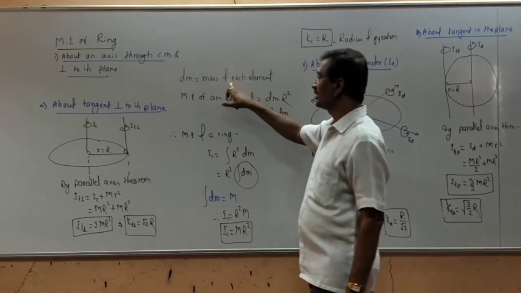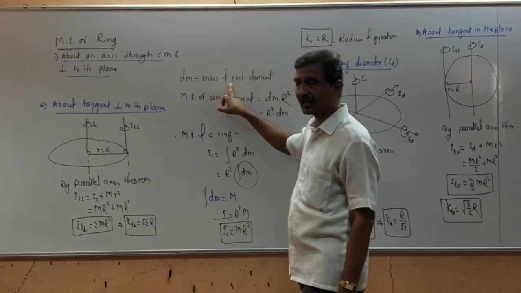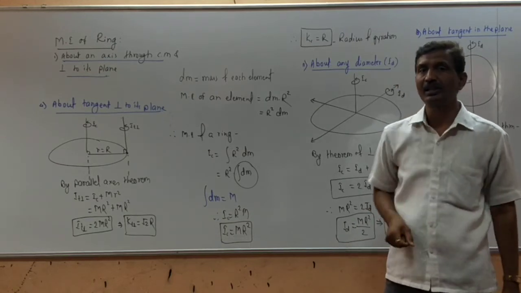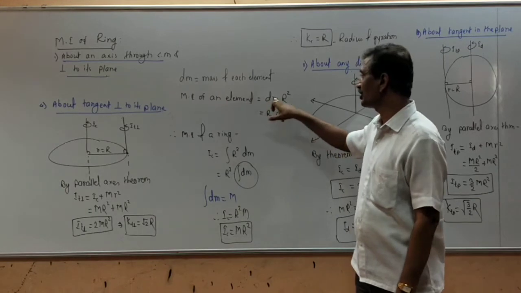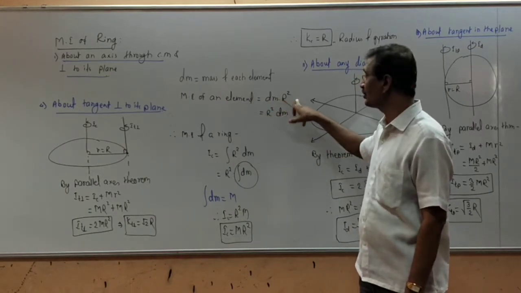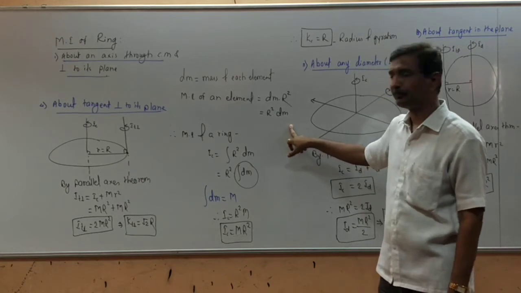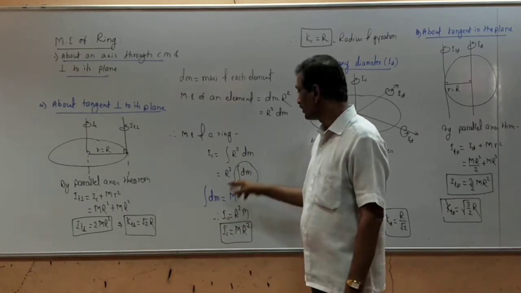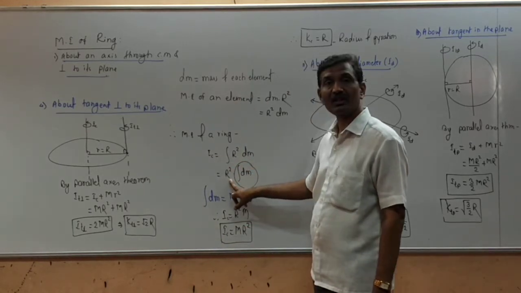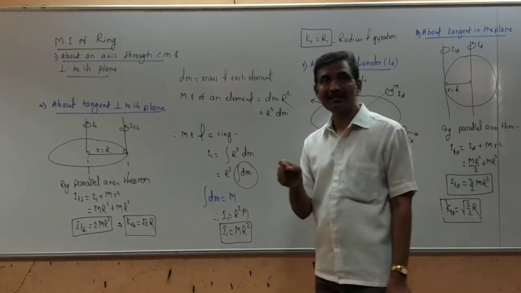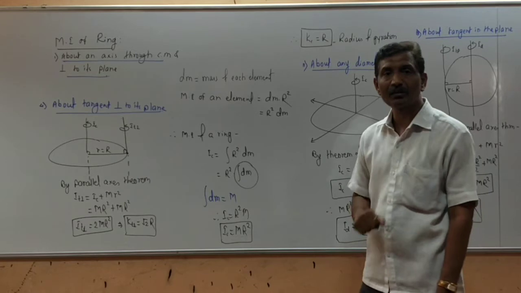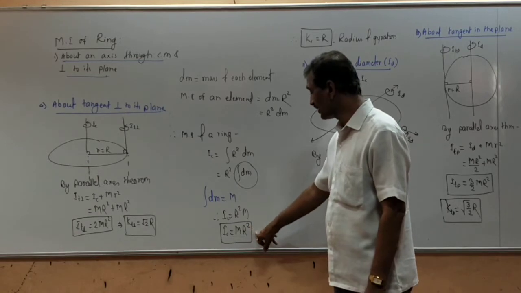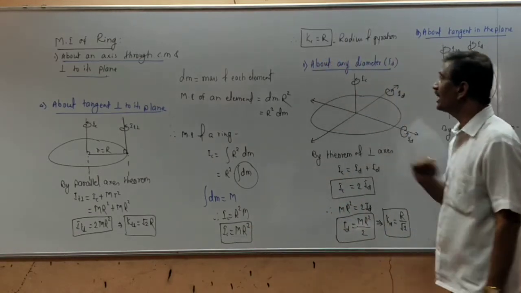If we consider the ring is made up of a large number of small identical elements, each of mass dm. Consider one such element whose distance from the axis of rotation is nothing but the radius of the ring. So by definition of the moment of inertia, the moment of inertia of the element is dm into r square. For our convenience, we take it r square into dm. By integrating this moment of inertia, we get the total moment of inertia of the ring. In the integration, r square is constant, so take it outside the integration. Integration of dm means the sum of the masses of all the elements, and that is nothing but the total mass of the ring. Hence the total mass of the ring is capital M. So finally we get IC is equal to MR square, and the radius of gyration is only r.